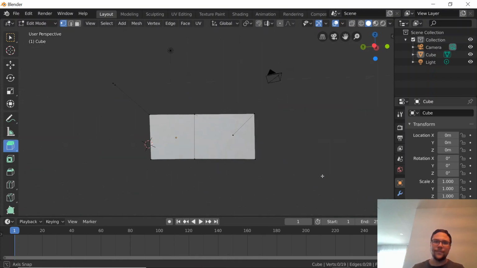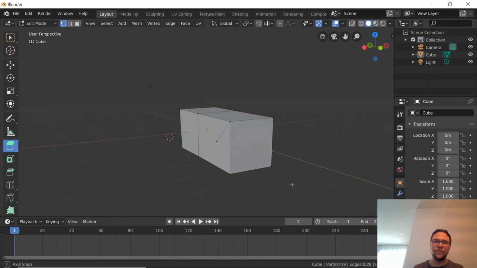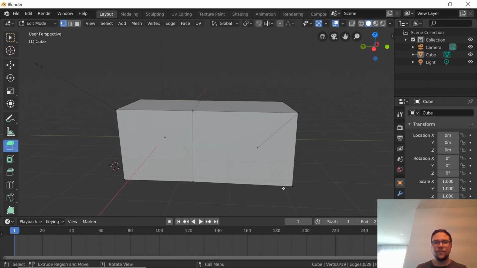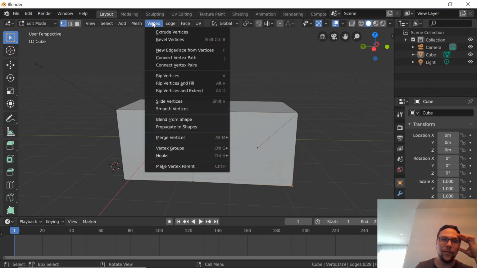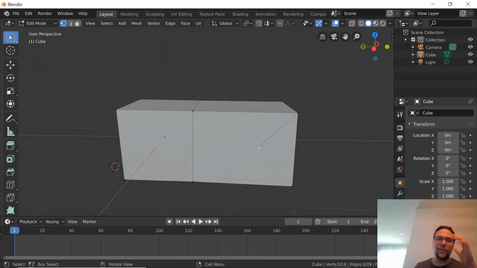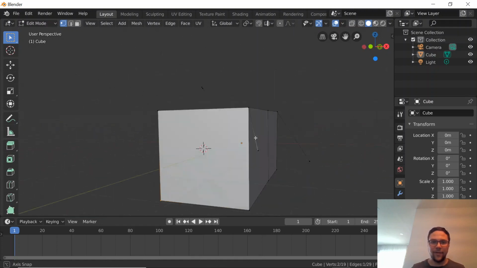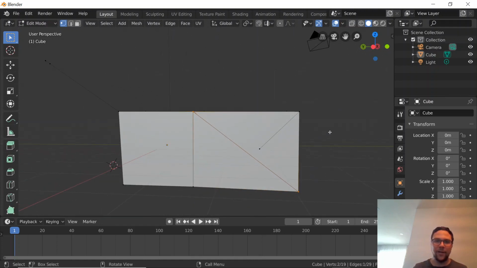Nope. Okay, well, it selects that face. So vertex, new edge slash face from vertices. Ooh, that's a good one. F. Alright, so I'm gonna select this, and then hit F. There we go, perfect. Alright, so F gave me what I wanted, and now I want to